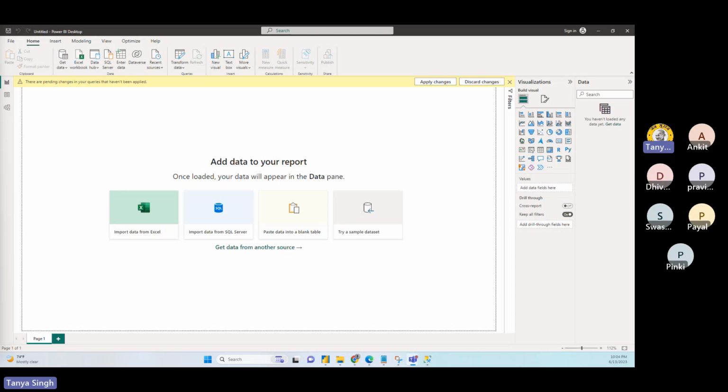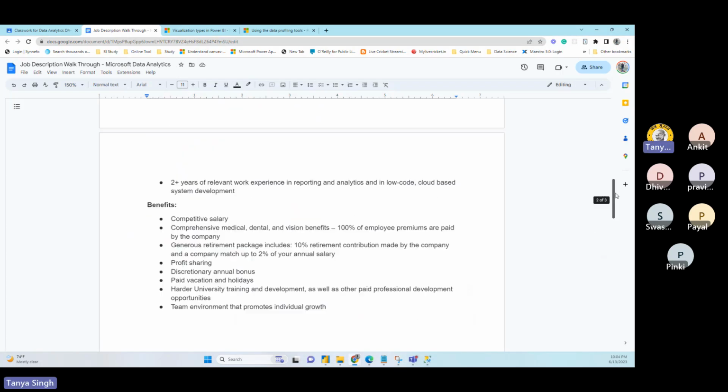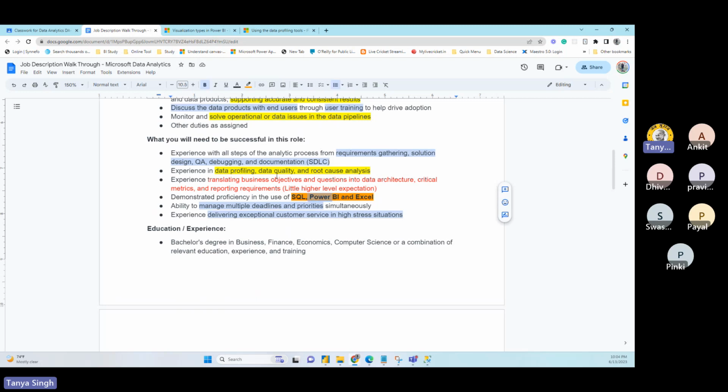Whatever company you are joining, that company has predefined tools, right? They have their own preference already. In this profile, the expectation is using Power BI because they have mentioned in the job description they need a Power BI, Excel, and SQL person, right? You're not going to use Python. Nowhere have they mentioned Python. Although your job profile might say Python, what is applicable here is Power BI, right? Any one tool, you are not going to use a combination of tools because it will be too difficult for any team or company.